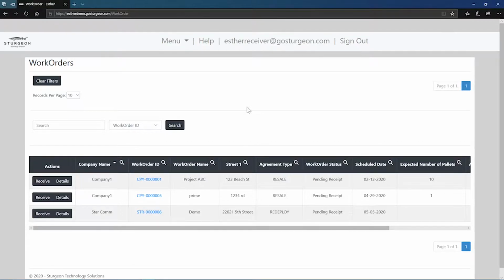This video will be a tutorial for the receiver role within our Esther environment. The role of receiver applies to those that are working in the warehouse, receiving shipments, and creating pallet labels used for the inventory process. As a receiver, upon logging into Esther, you'll be brought to this screen, the Work Order